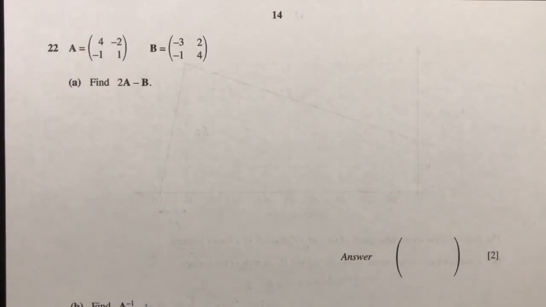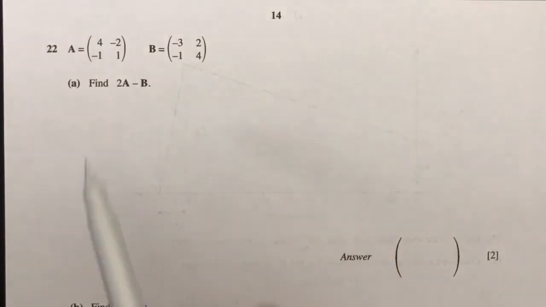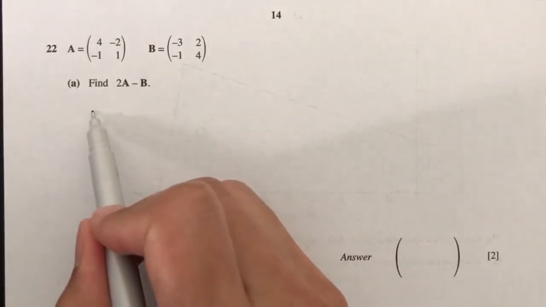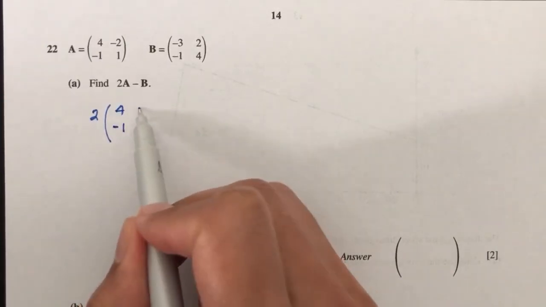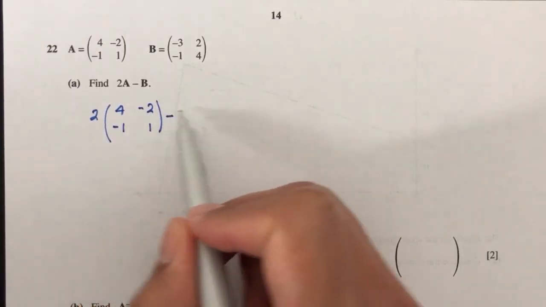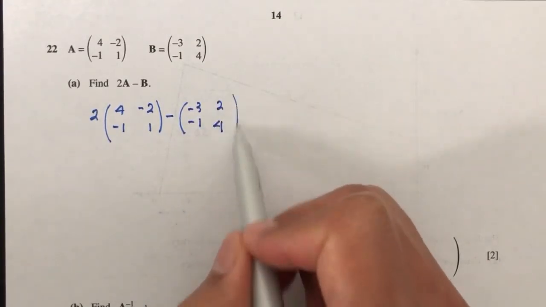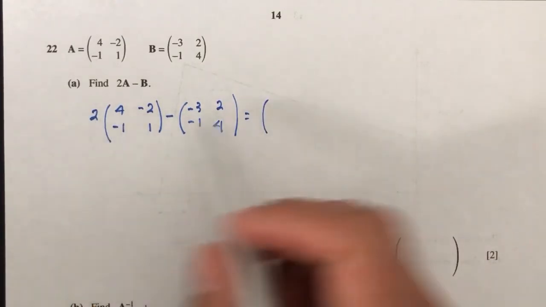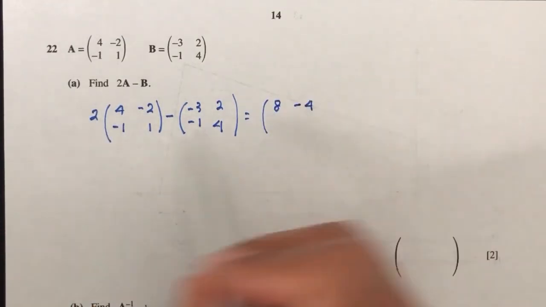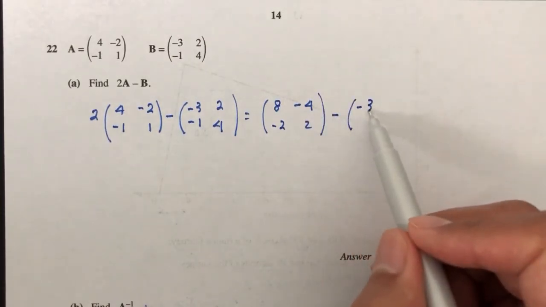Moving on to question number 22, we have matrix A equal to this, matrix B equal to this. Find this. We just have to replace the values of A and B in the equation. So we have A as 4, minus 1, minus 2, 1, minus B, which is minus 3, minus 1, 2, 4. So we have to bring this 2 inside. We will have 2 times 4 will be 8, minus 4, minus 2 and 2, minus, remain the same for